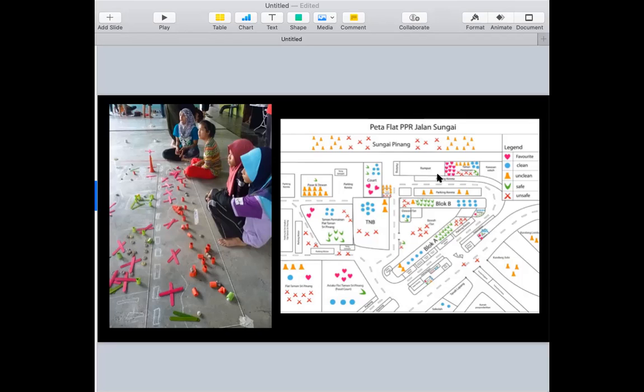in order to map out the surroundings: where is a safe space, where they feel it's unclean, where they feel it's unsafe, and where they like to spend most of their time, in order to get a sense of the geography from their perspective. Now, a town planner might have envisioned the space entirely differently, with a different aim in mind. He or she might have thought that this would be the main playground where people congregate, whereas, as it turns out, for some reason or another, the kids found this a much happier place to congregate around in. And so cultural mapping allowed that local perspective to emerge